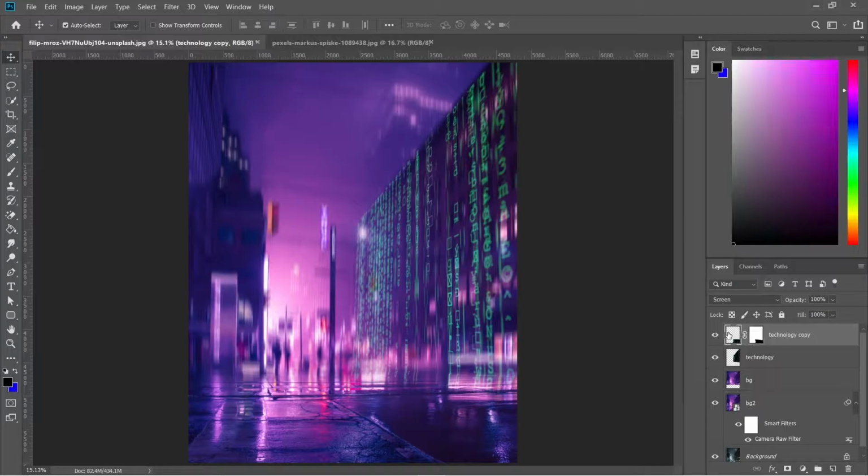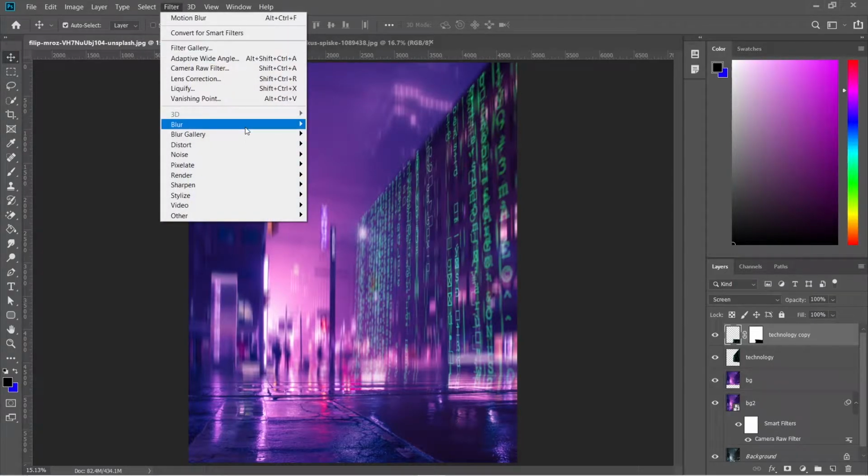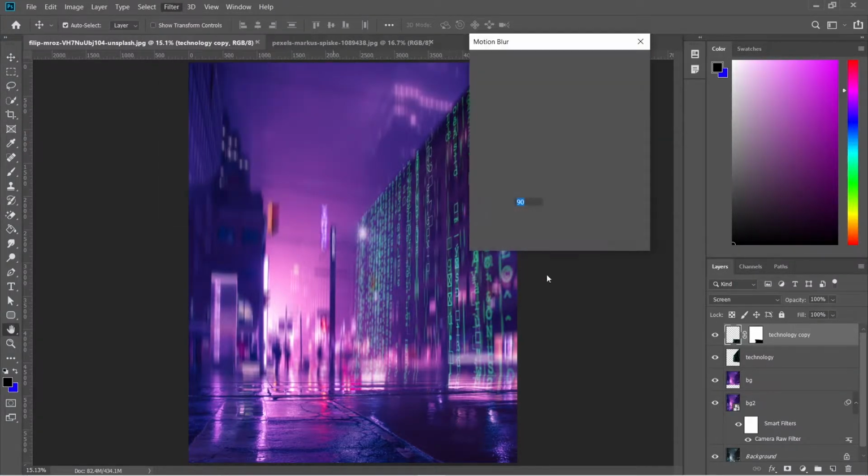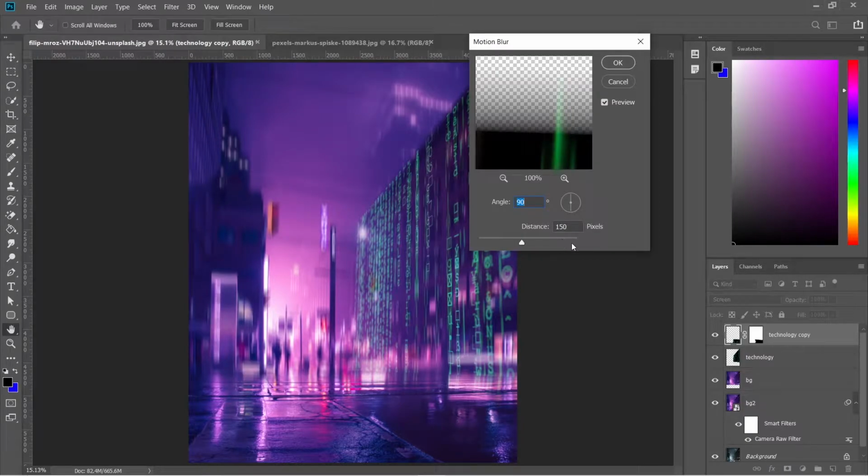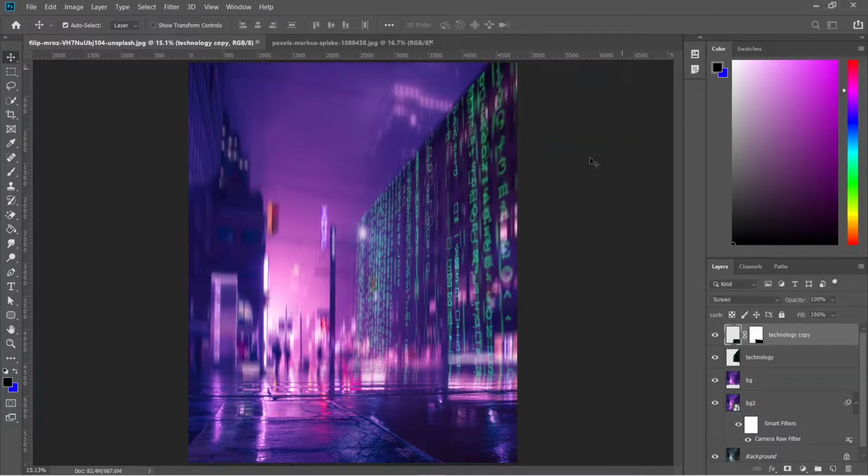Let's apply some motion blur to the reflection. Go to Filter, Blur, Motion Blur. Let's decrease the distance to 100 pixels. Let's make it 80. Now let's clear the sharp edges. So select the technology layer, press B for brush tool, soft round.